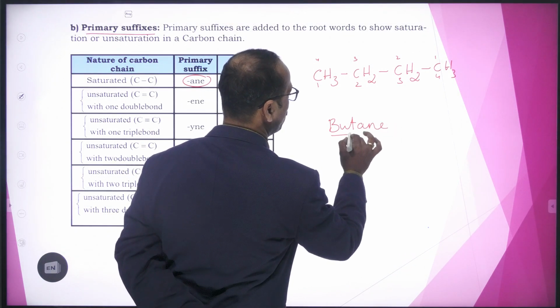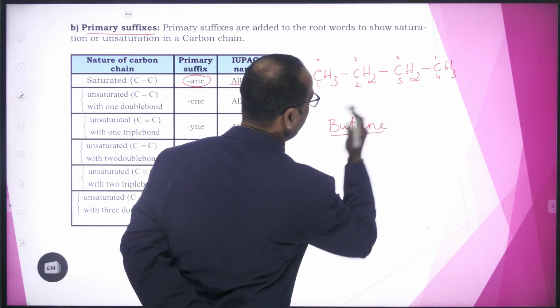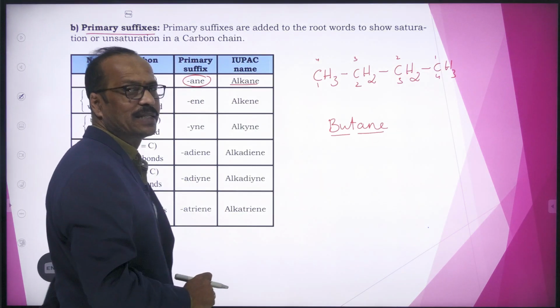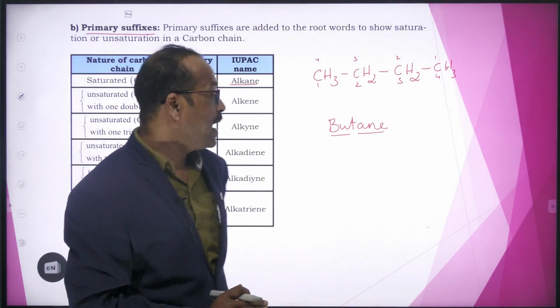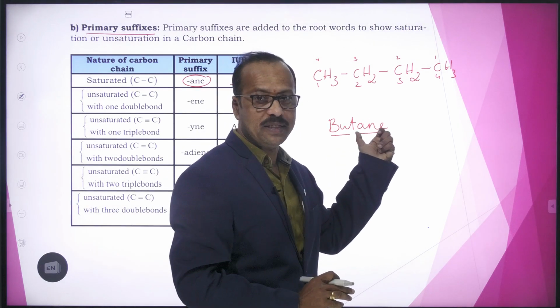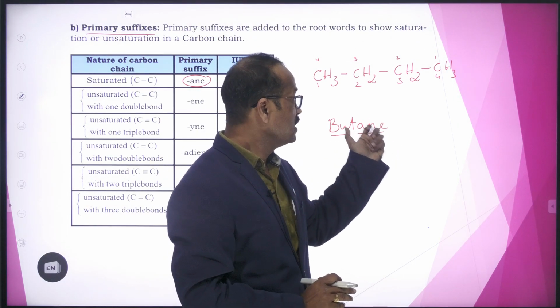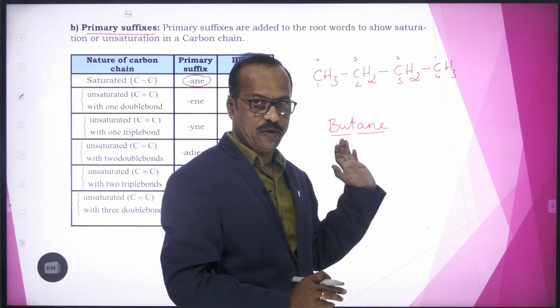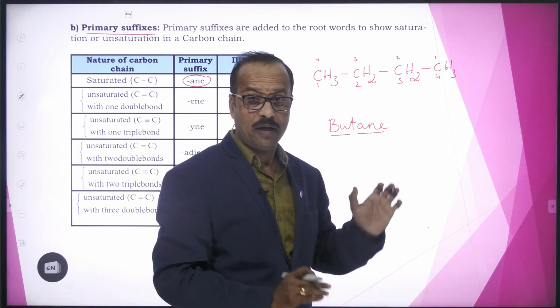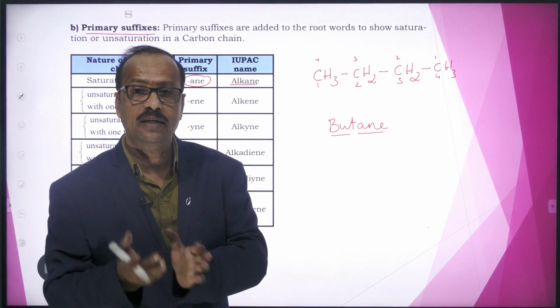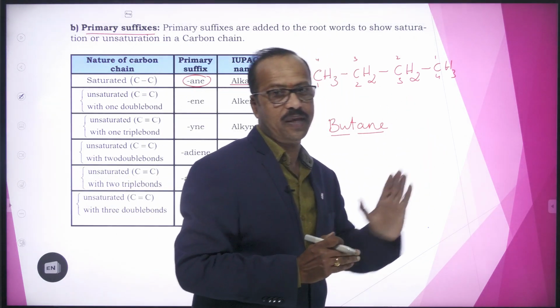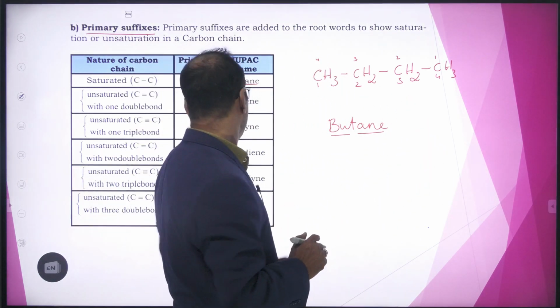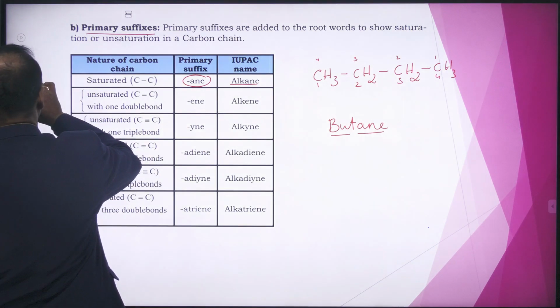So this is the root word. After the root word we add a suffix, and this is called a primary suffix. Why? Because this is the first suffix after the root word. Sometimes you may add some other suffix to this ane also. For example, if I have a compound